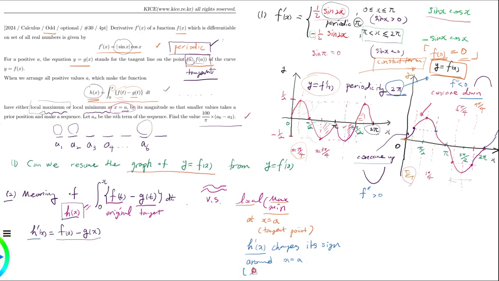It's a local property. Around this point x equals a, we have to check whether h prime of x changes its sign. So that means, for example,